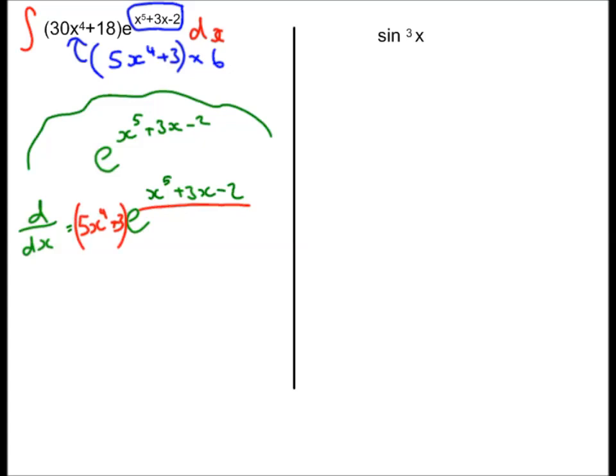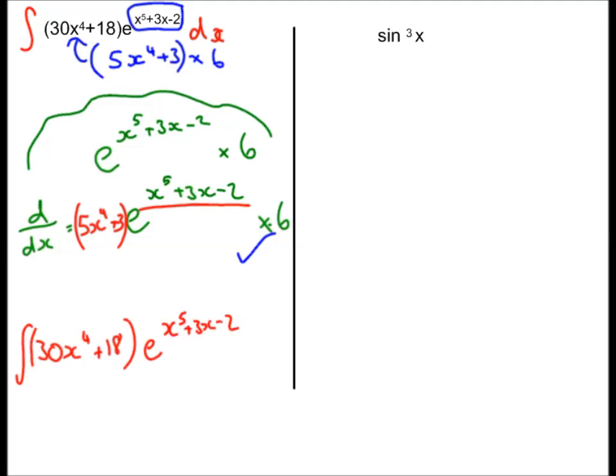Well, that's almost what I want, but it's not quite what I want. So what I'm going to do is add in a times 6, because a times 6 here will give me a times 6 here, and now this is what I want. So I can now say, because I know what I need to differentiate to get what I want, when I integrate what I started with, I'm going to get the integral of 30x to the power 4 plus 18 times e to the power x,